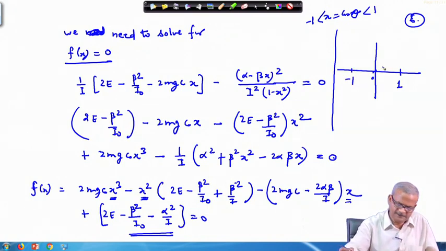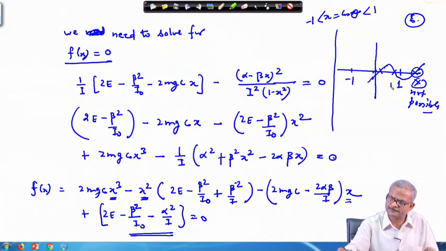So, solve this equation. Assuming that this equation looks like this, you get the solution 1, 2 and this will be rejected, because this is not possible, it is not the value of cos theta, beyond 1 it is not possible, this is plus 1 and here it is a minus 1. So, these are the two solutions. So, if this happens, then this is the maximum value and this is the minimum value.